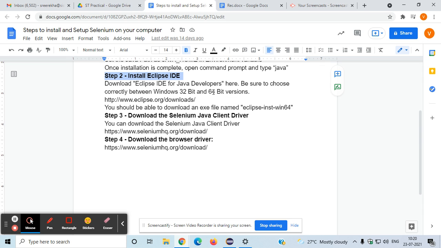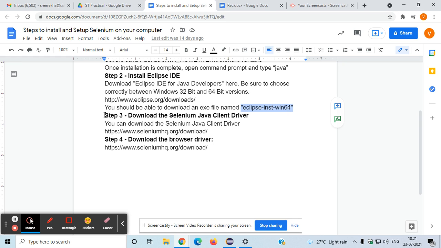Mostly our lab includes 64-bit version software, so we'll be installing this one. You should be able to download an executable file that is named like this, so you need to check this one, eclipse-inst-win64. If it is 32-bit, then you will get 32 at the end.